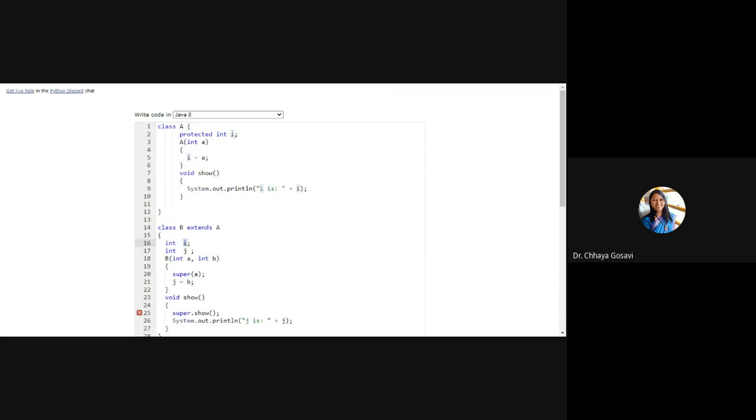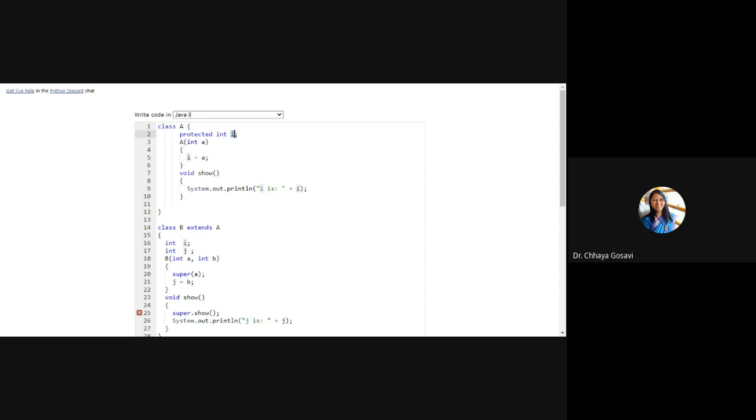This is confusing. Just imagine that if we haven't defined variable i in class B, it has two variables: variable i, which it has inherited from class A, and its own variable j. Now, if I define one variable int i here, this class B has its own two variables i and j, and one base class variable which is i.